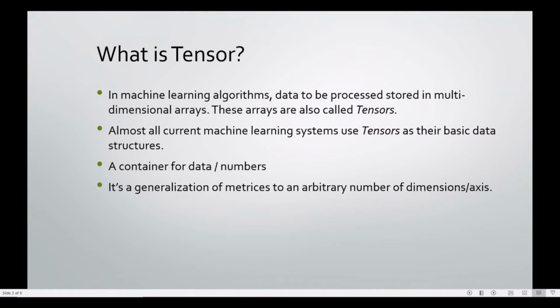But from the computer science perspective, it's better to think of tensor as an object rather than being a simple data structure. If you are from computer science background, you must be familiar with arrays and matrices, which are 1 and 2 dimension tensor respectively. So it's a generalization of matrix to an arbitrary number of dimensions or axis or rank.